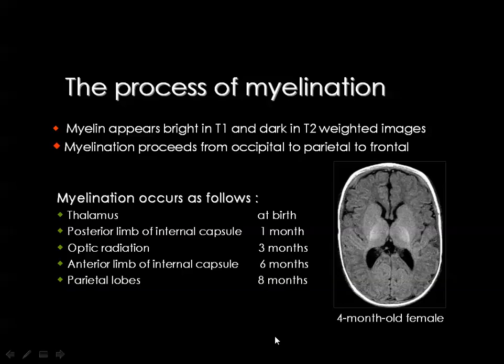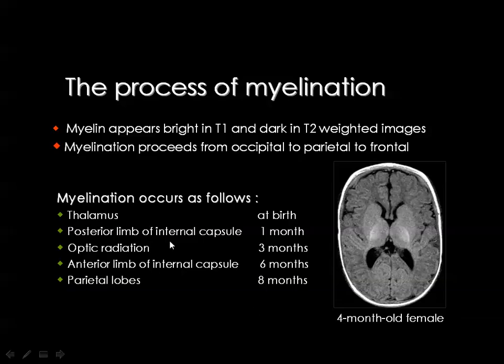Fat is bright in the T1 and dark in the T2 weighted image. And these are some of the times for myelination, but you don't need to know them by heart, but we all have these charts beside our desks whenever writing a report for MRI of the brain, looking every now and then to see if this myelination is good or not. Then the thalamus, it should be myelinated at birth, and whenever there is fat in the thalamus, which is myelin,